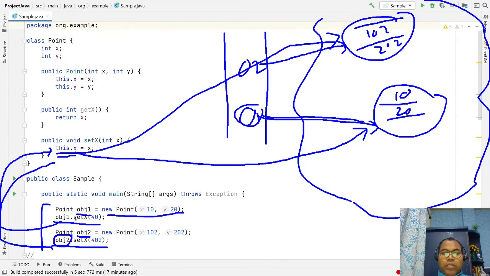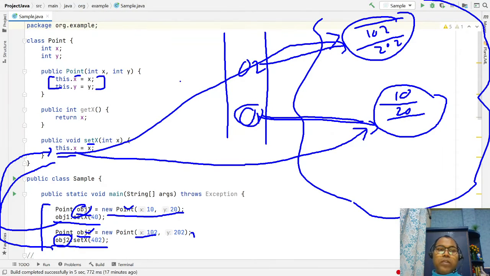Whichever object invokes the particular constructor, if it is object 1, all the variables refer to object 1, and with the same constructor for object 2, they refer to object 2. So be clear that whenever we use this, it means whichever instance is accessing the setter method or constructor, accordingly those particular objects are pointed to.